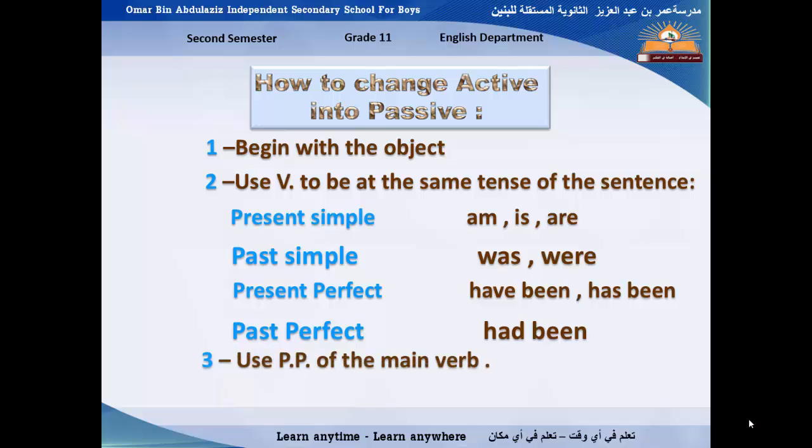Thirdly, we have to use the past participle, or the third form of the verb, after verb to be. Fourth and the last one, we have to add by, the preposition by, before the subject, which is the doer. It will be the object in the passive form. As we see,